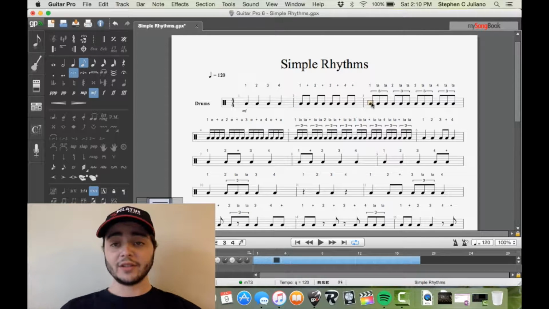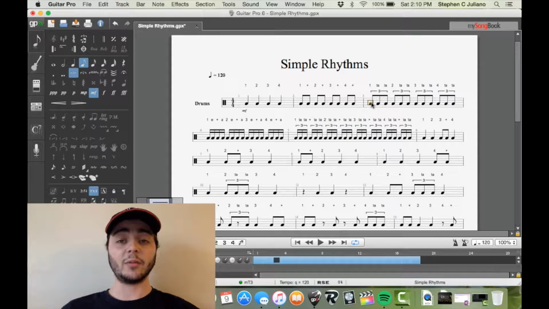Triplets are a little different. Since there are 3, we now need to have 3 different things. So what we use is 1 ta-ta, 2 ta-ta, 3 ta-ta, 4 ta-ta. Some people like to count it as triplet, just to remember how it sounds. But I prefer to have the beat number so I can keep track of where I'm at in a given